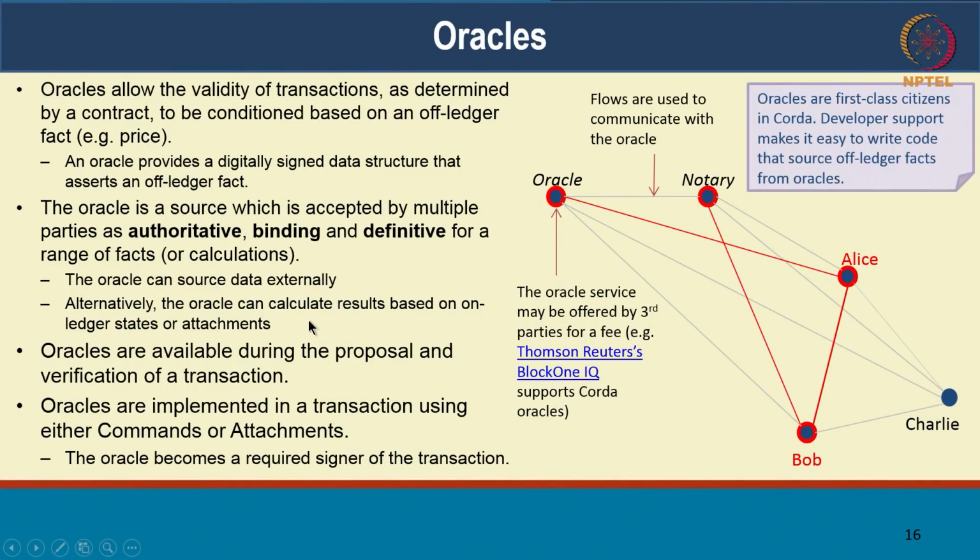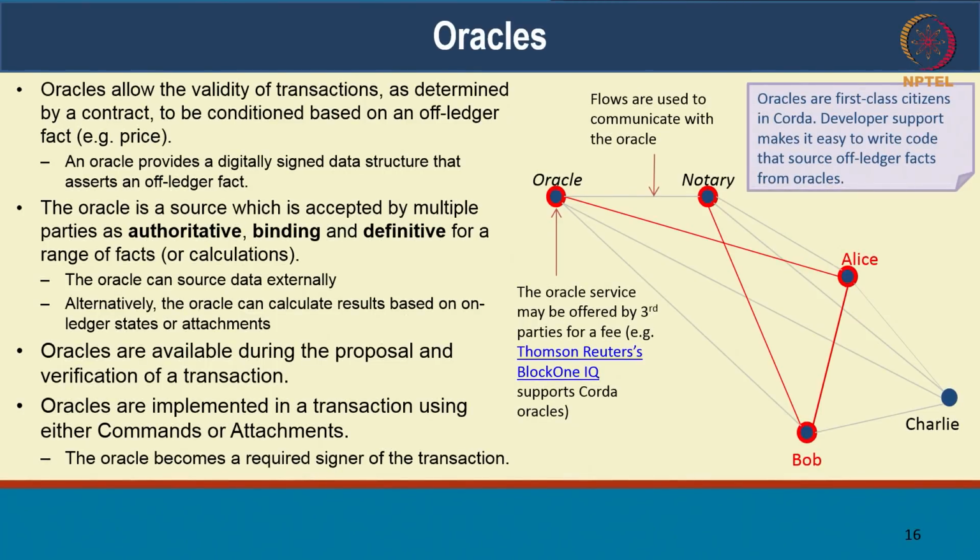So oracles are, of course, trusted entities. The peers are agreeing to trust the oracle for this service. In financial services, the need for oracles is seen a lot, and I guess that's why Corda has incorporated oracles as a first-class principle. There are oracles that have been created, for instance, in Ethereum as a separate entity, not really part of the platform itself. But here in Corda, oracles are a first-class citizen, and oracles can be included in the flow.